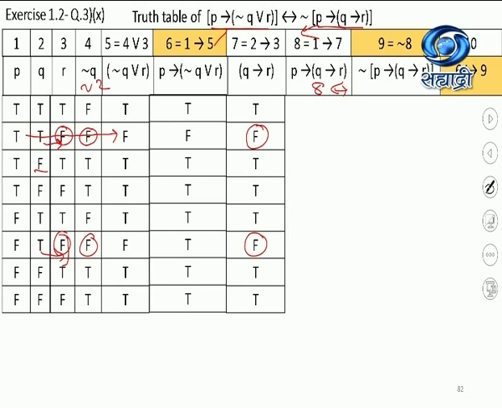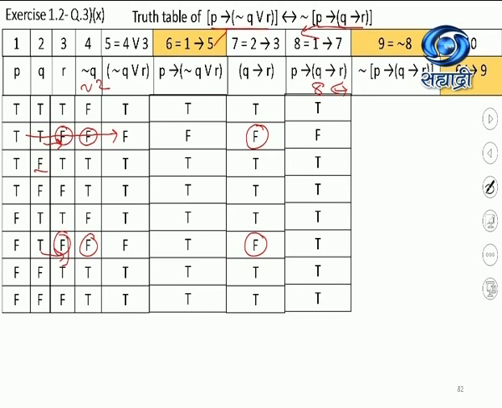Now it is P implies Q implies R. Means what? 1 implies 7. 1 implies 7 means your arrow or one finger will start from 1 and will end in column 7. So first to 7, T implies F. Anywhere else? No. Only this value is F. All other values are T.